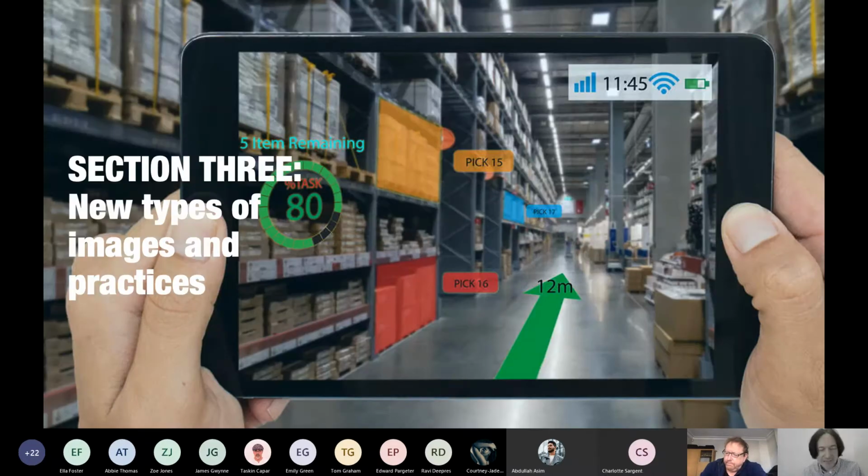So yes, that's the news. So you can see the news is already kind of spreading around like wildfire about the elections and things going on there. But every day there's a new news story, and we become citizen journalists, you know, go out and photograph, film, whatever is going on. So section 3 of my presentation is about the new types of images and practice. And as you can see, we probably could have included some of those